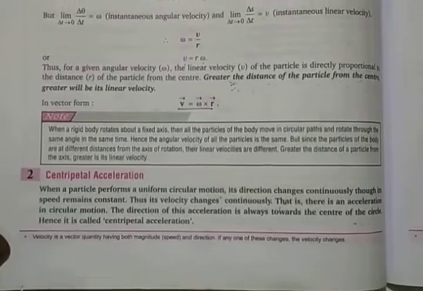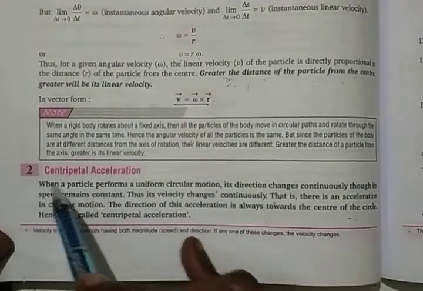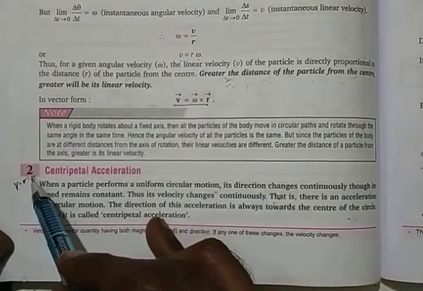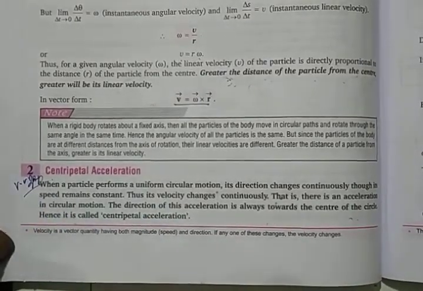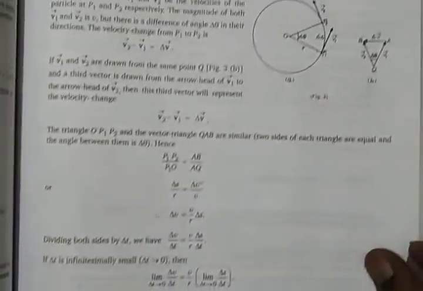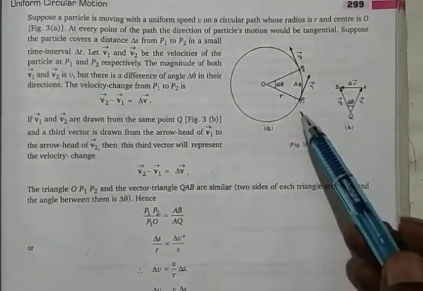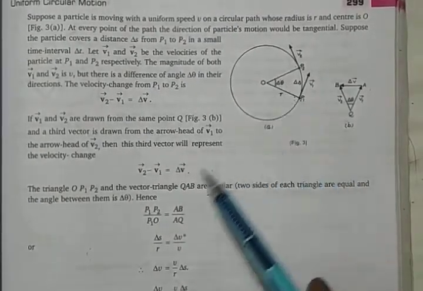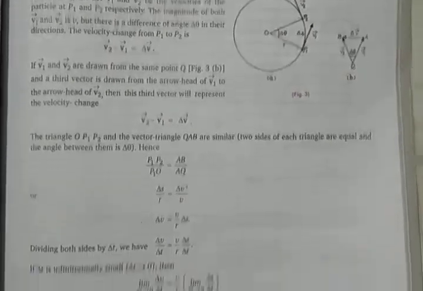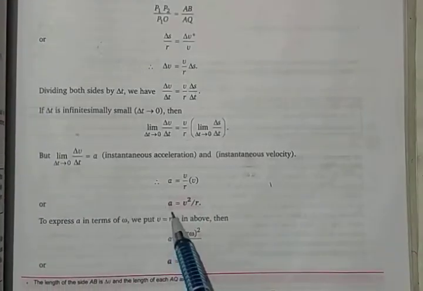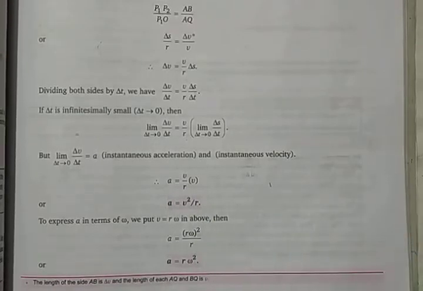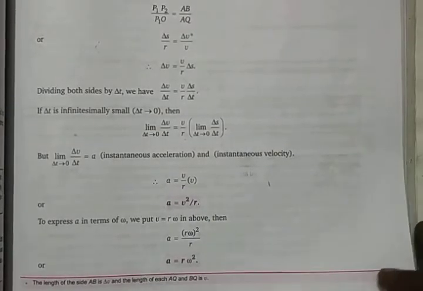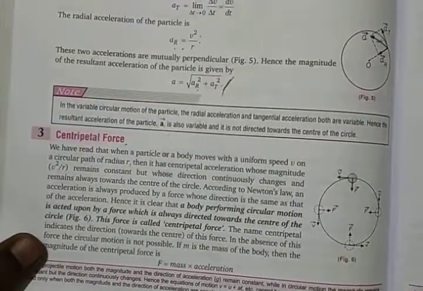Then the very important part is called centripetal acceleration. This is very, very important, because it will be dealing with the entire derivation also. So the centripetal acceleration derivation is important. There's a circle and then it deviates for a small angle and then you go over it. Quite simple. You'll be able to get into the final derivation as A is equal to V square by R. Please learn this one, derive this one properly and see. It's quite an important one. Once you've done that, then only centripetal force will come.